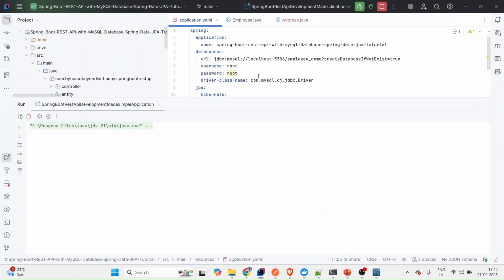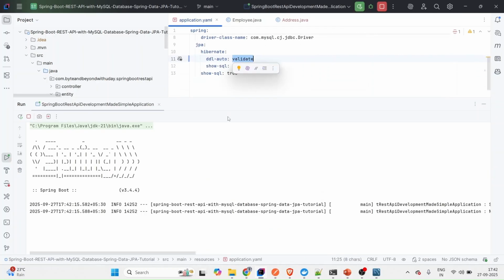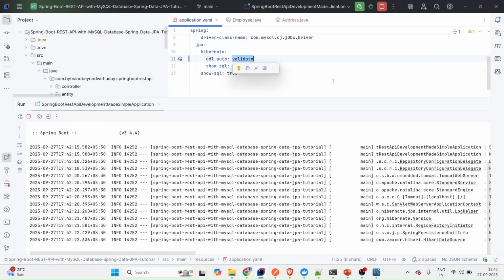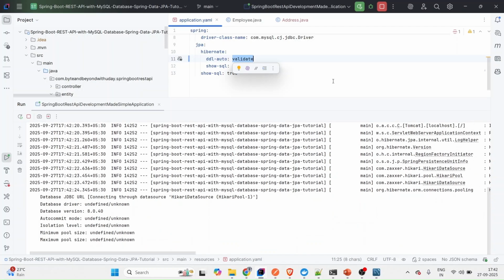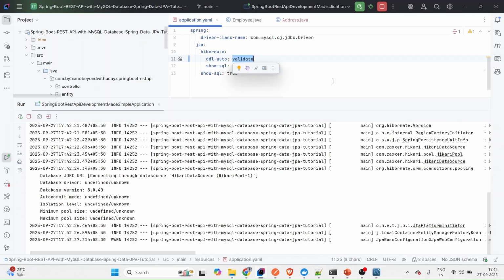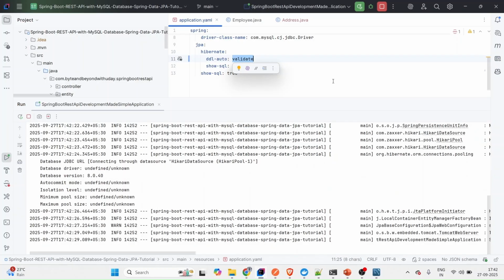When the ddl-auto is validate, it neither creates, nor drops, nor deletes, nor updates. It does nothing. It just validates. Validate meaning it just verifies that your